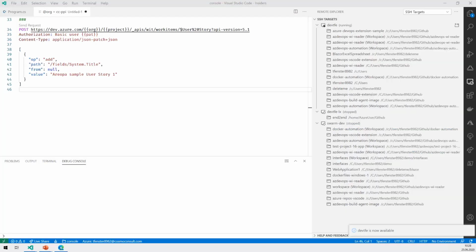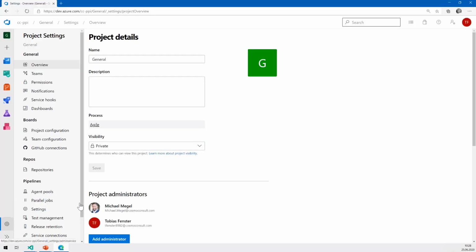As I already mentioned, there sometimes can be a case where you want to access an API that is not 100% documented, or where you just can't find the right samples or the right configuration, the right input, whatever to make work what you want to make work. So in that case, there is an easy trick to do that, and I'll show you how that works by going back to the settings of my project. Now, actually, this is an API that is rather well documented, but it serves good as a sample of what we can do.